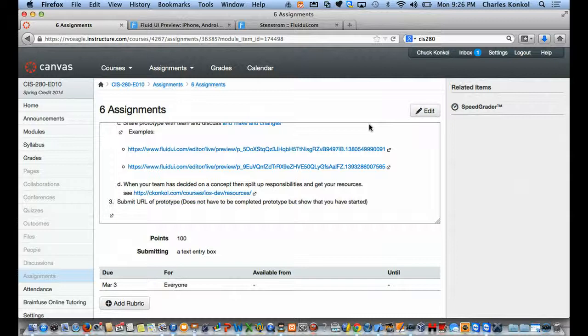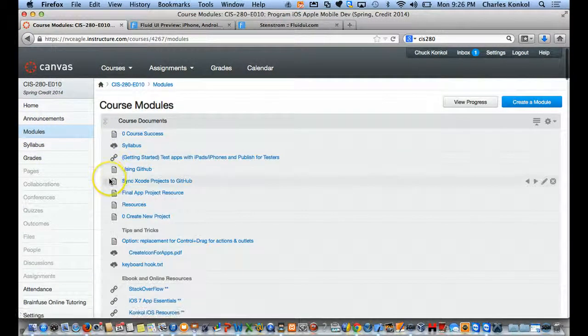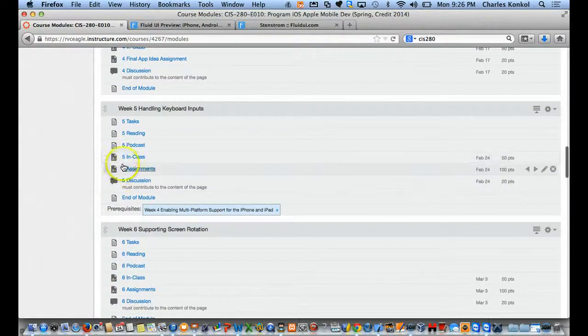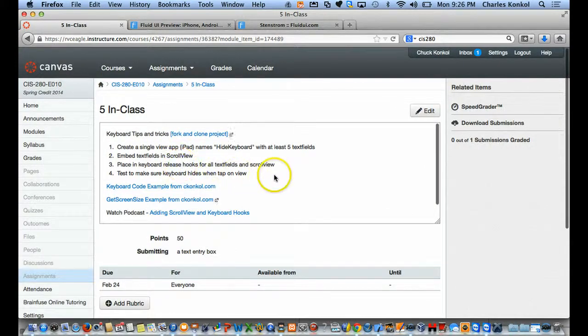Okay, so this is the in-class from last week. And this is the one where you wanted it to add 2 more things to it, right? Wasn't the in-class to do 5? Let me pull it up here real quick. I'm trying to remember what it is now. 5 is due tonight. On the in-class, if I'm not mistaken, when I did the podcast,